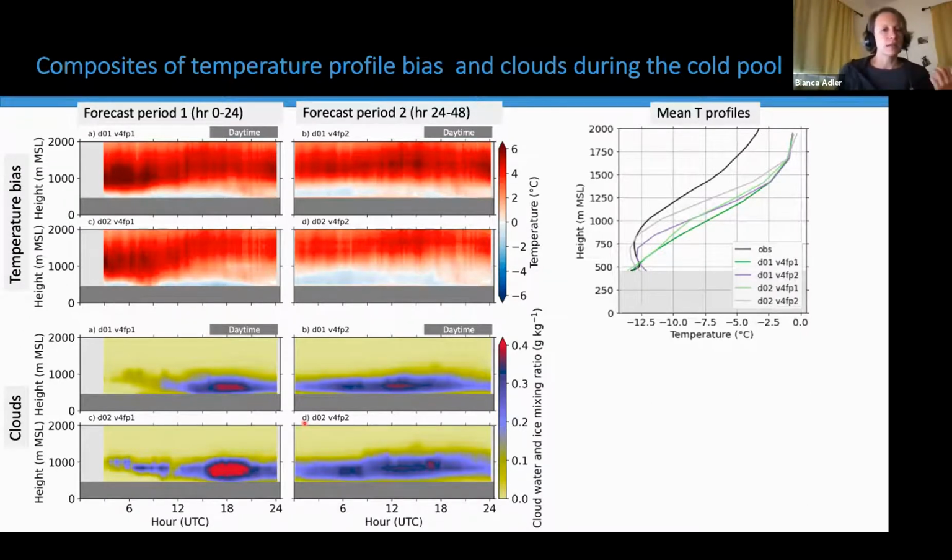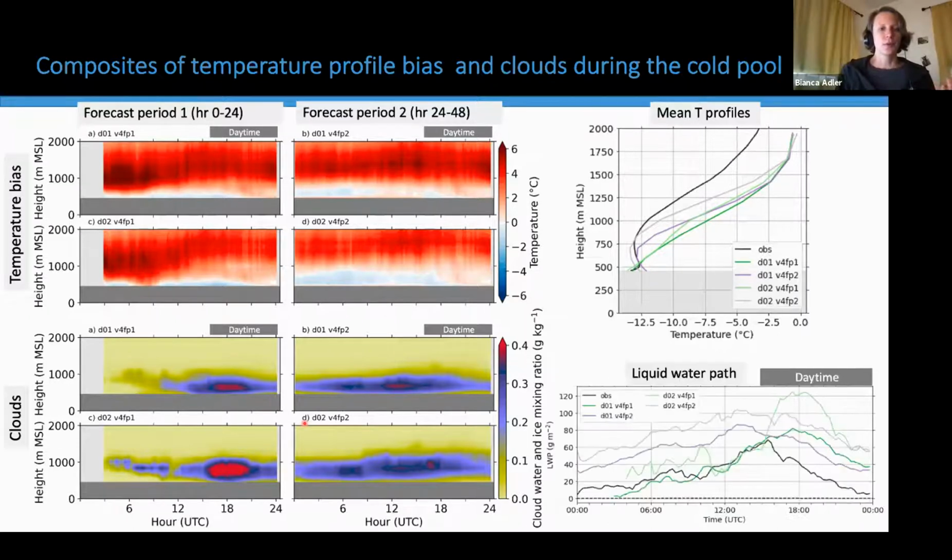So the question is now, are the temperature profiles getting better because the clouds are better represented in forecast period 2? To investigate this, we looked at 24-hour composites of liquid water path. The black line here shows the observations, and the green lines show forecast period 1, and the purple lines forecast period 2. So in the observations, liquid water path was quite low during nighttime. It slowly increased, reached a peak at sunrise, and then it decreased again during daytime, indicating that the clouds